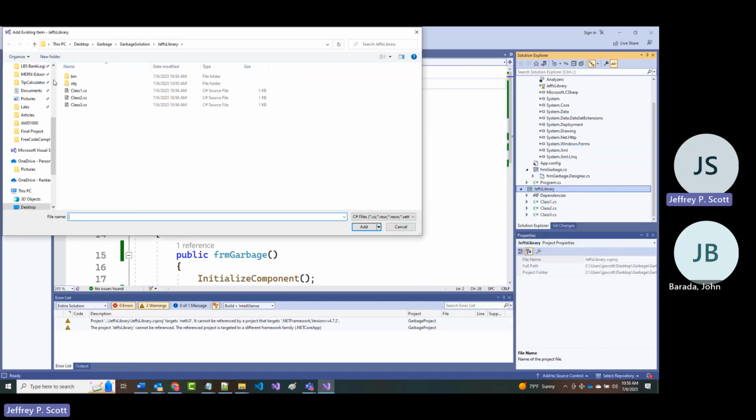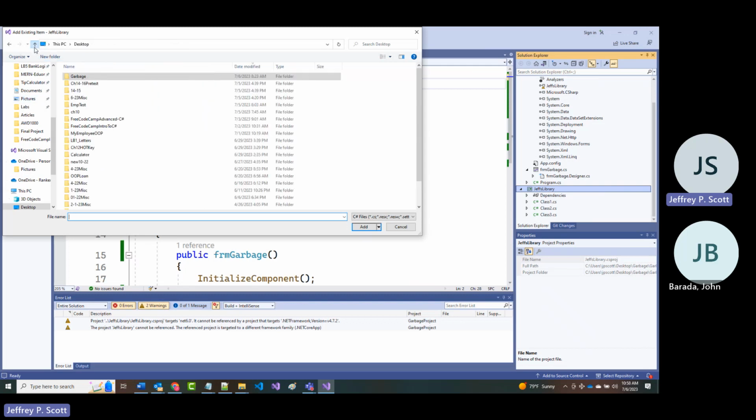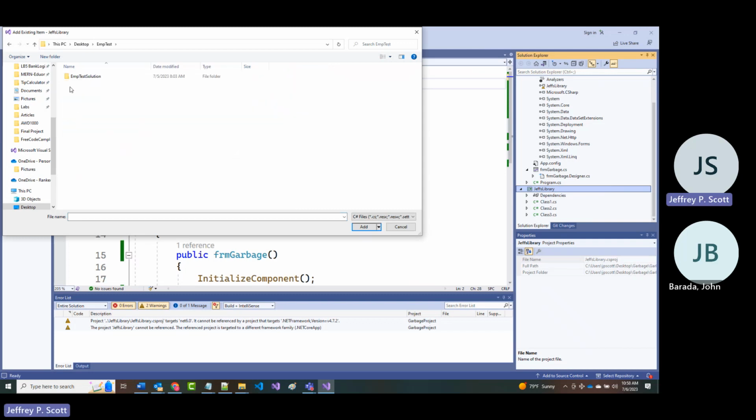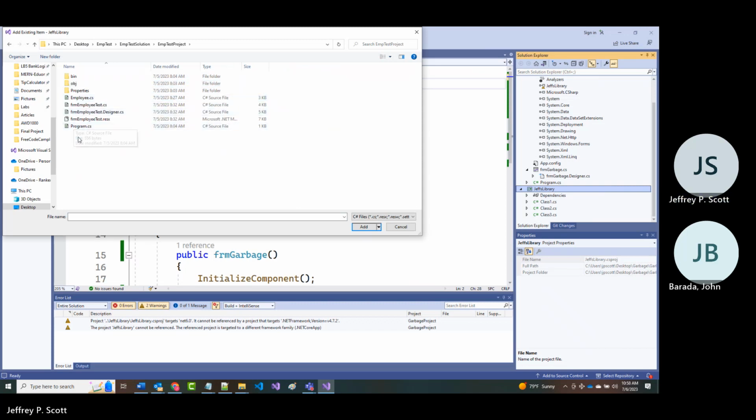I'm going to right mouse click on here and choose add and choose existing item. All right, well, it assumes it's in the project here. It's not. So I'm going to go back out, and on my desktop, I'm going to see if I can find something. Here's emp test and solution. And I thought I had validator in here, and it looks like I don't.